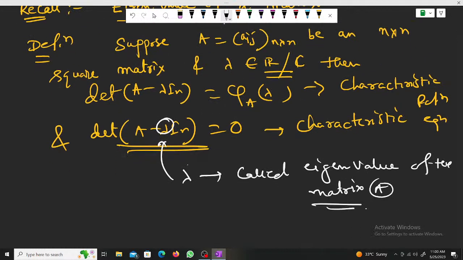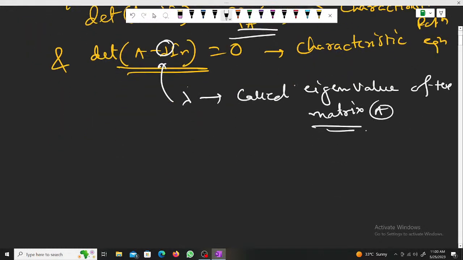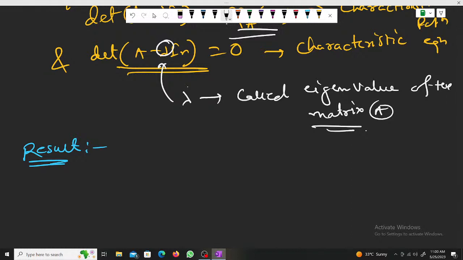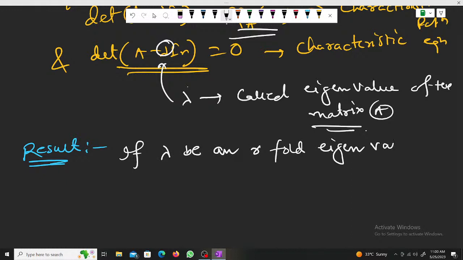এটা আমরা পড়েছিলাম এইভাবে, আর এটাকে আমরা বলেছিলাম ক্যারেক্টারিস্টিক্স পলিনোমিয়াল। ওকে, তো প্রিভিয়াসে একটা আমি জাস্ট রেজাল্ট রিকল করছি প্রিভিয়াস লেকচারের। আইগেন ভ্যালুর উপর কি আমরা রেজাল্ট পড়েছিলাম যে if lambda be an r-fold eigenvalue of the matrix A,